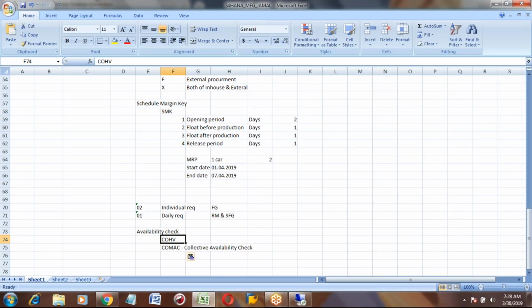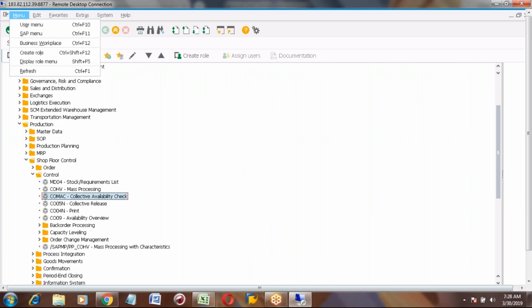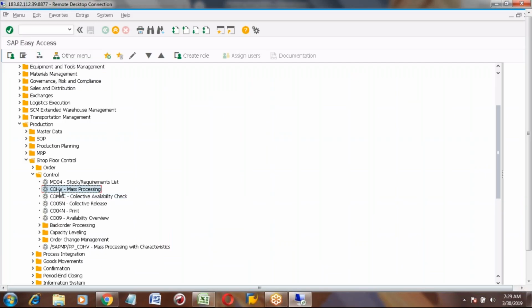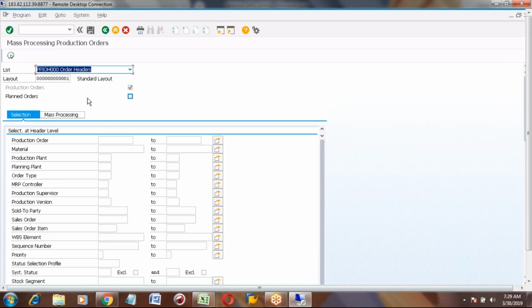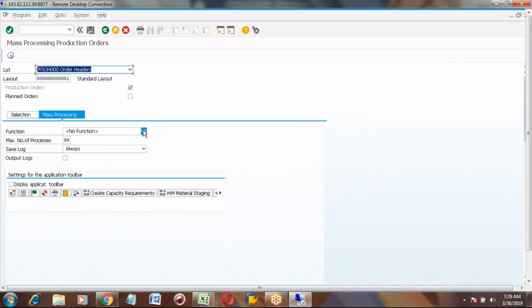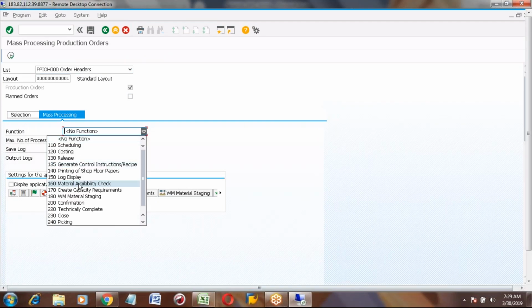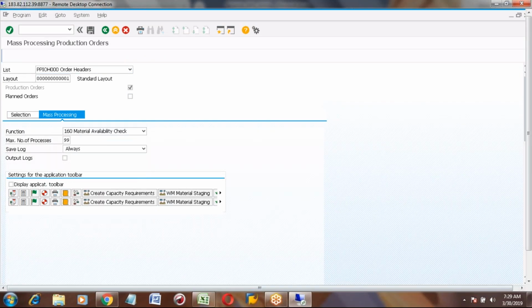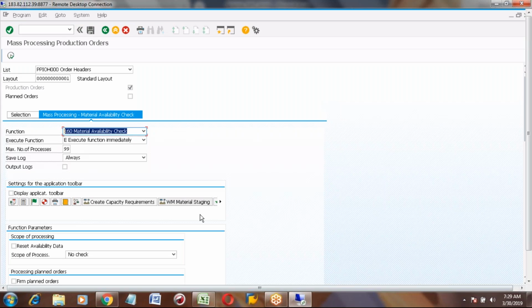So now the next question is, do you want to check whether material is available or not, and whether you will get any messages or not. So how you will use this one, for example COHV. This is a very important transaction code in manufacturing in PP. I will show you only briefly, but I will explain further in later classes. For example, you want to do a material availability check, you can select this option, and here in the selections,